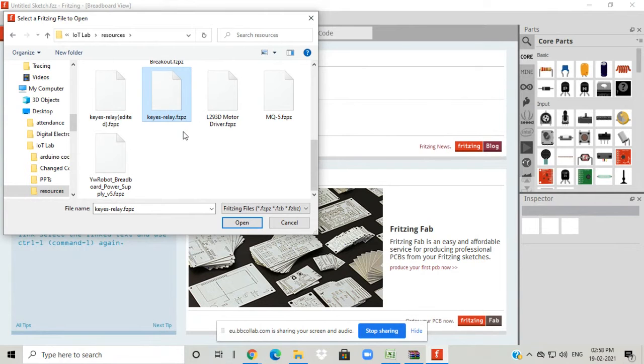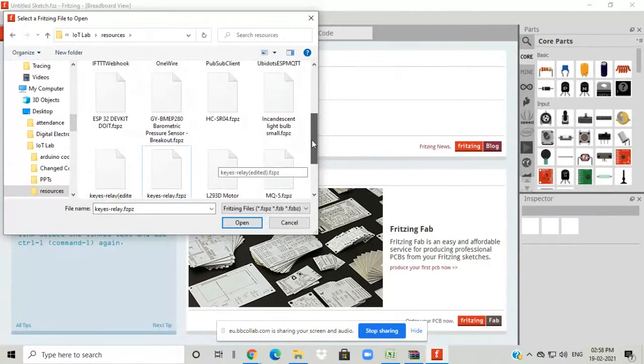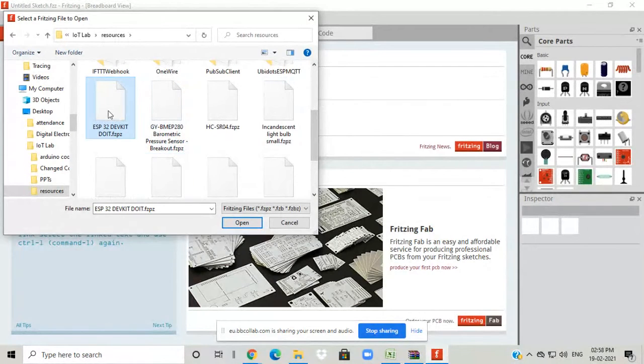So you have to click that, and what is the first library you have to import? It is this one, ESP32 devkit doit.fzpz. It is compulsory to do this as the first file import. Then you have to click there and then open.